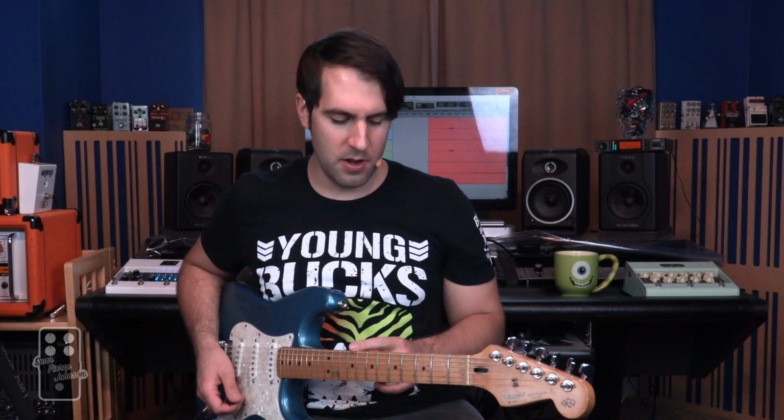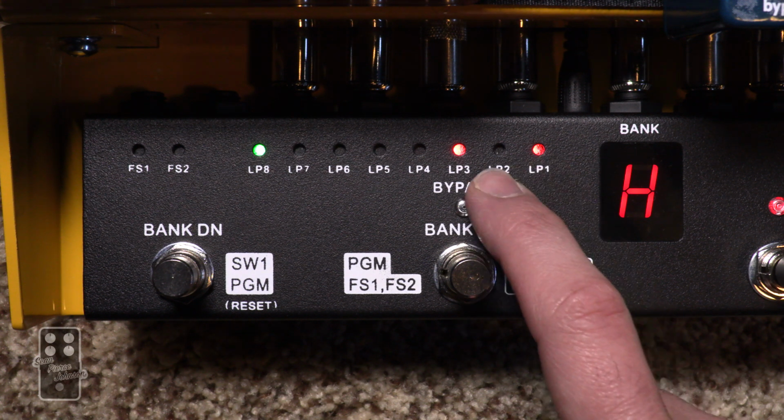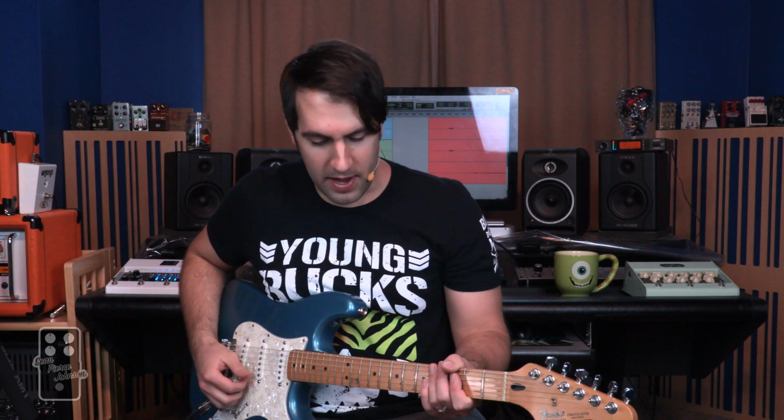Now what's interesting to note is that the low and high loops are separated not only with that L/H designation, but if you look down at the Accel FX-8, loops 1 through 4 are color-coded with red lights, and loops 5 through 8 have green lights. So that'll be another helpful visual cue. So now that we've added on the reverb,